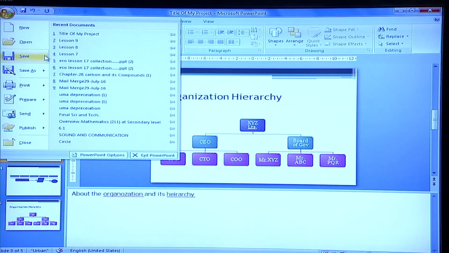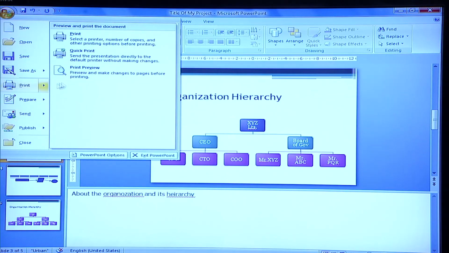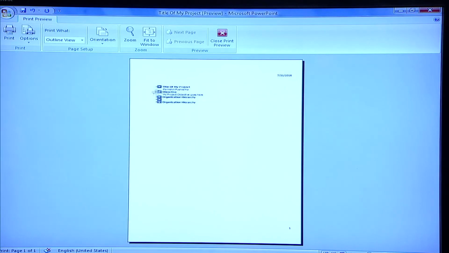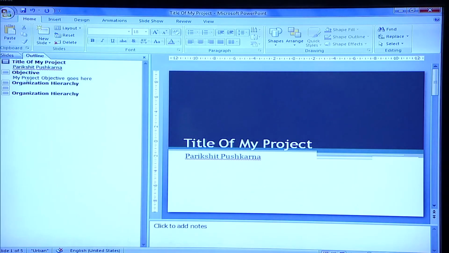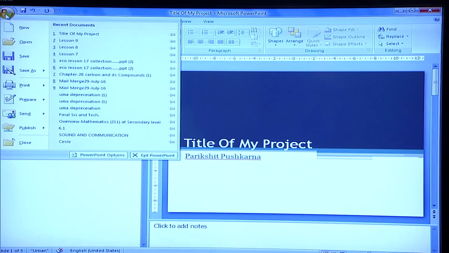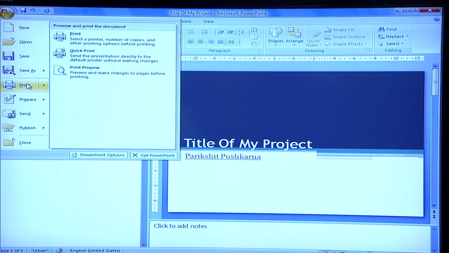Now there is also one more option available. If you just want the outline view, you don't want to spend a lot on colors and cartridges, you just want the outline view. So what is the outline view? Whatever you are able to see in the outline. Whatever you have put here, you just want to make a short summary, a short note of the page, and you can use it as a scribble page for your quick meeting, so that you do not spend a lot of time. So this will be the best option.